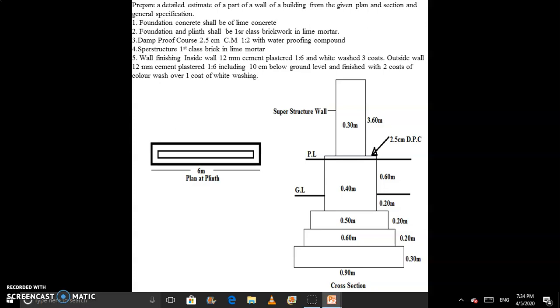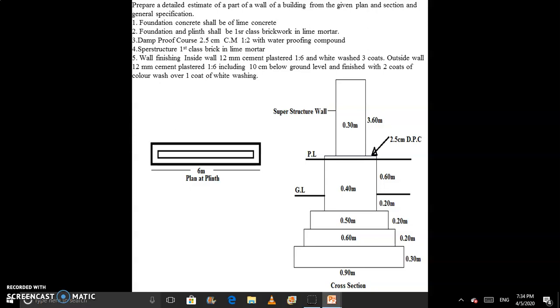Fourth is superstructure, first class brick in lime mortar. Fifth is wall finishing: inside wall 12 mm cement plaster 1:6 and whitewash 3 coats, and outside wall 12 mm cement plaster 1:6 including 10 centimeter below ground level, finished with 2 coats of color wash over 1 coat of